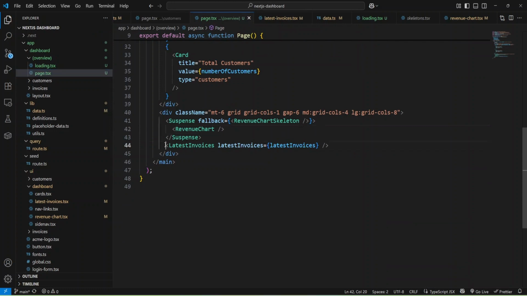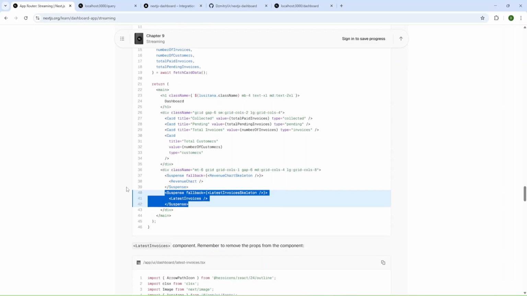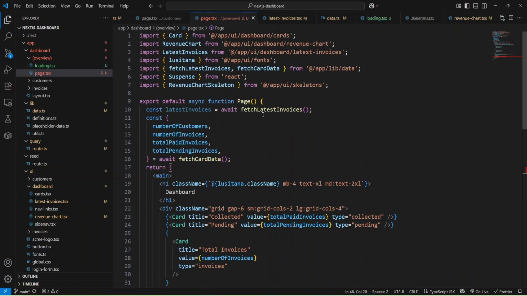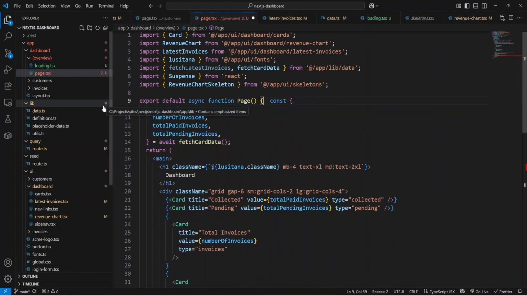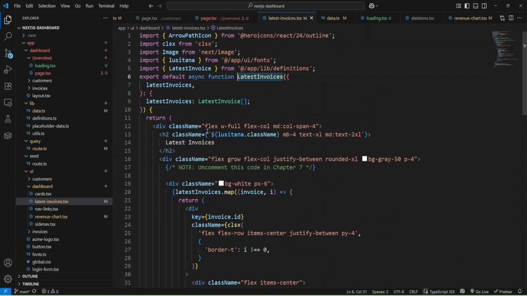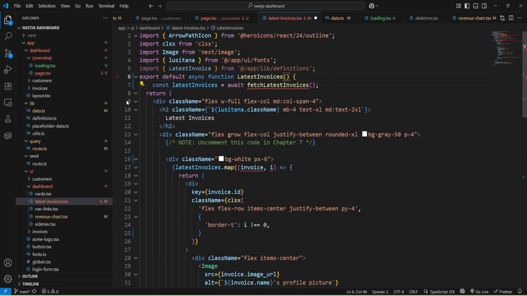Inside page, we need to add it here and modify latest invoices by removing this, and we'll add it to latest invoices here, and we need to remove props.